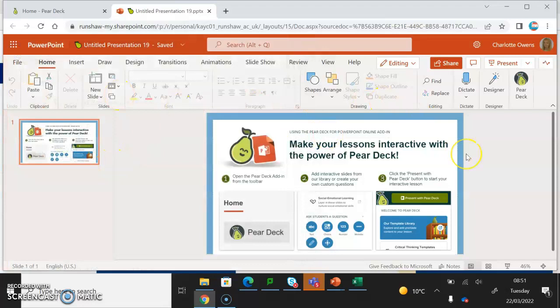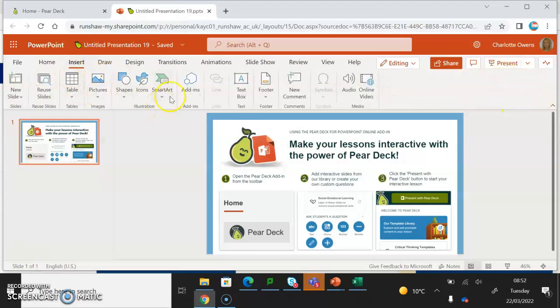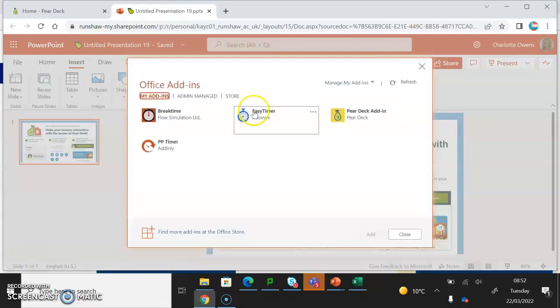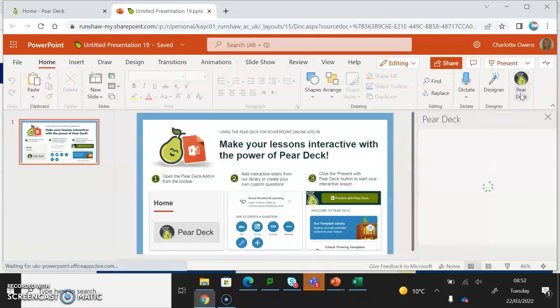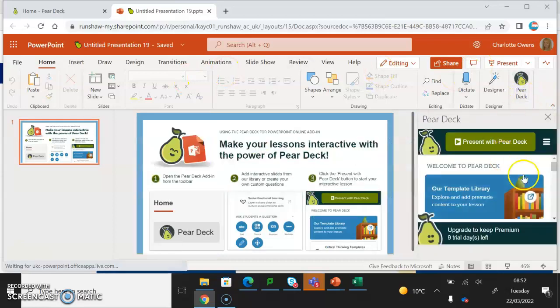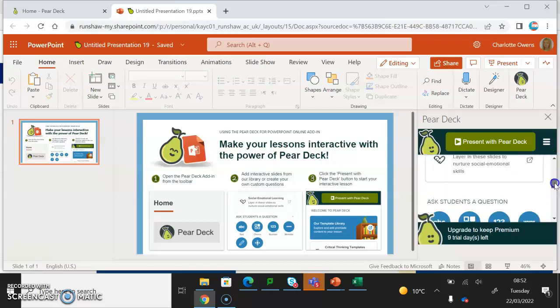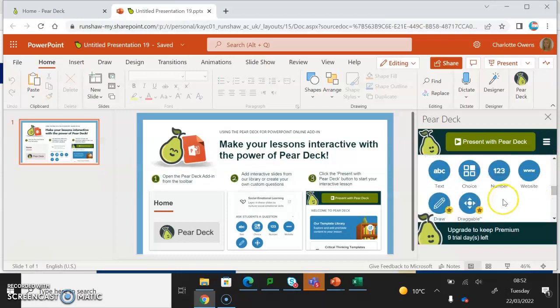Now all you have to do to be able to use this is open up the Pear Deck add-in. You can see that I've got this in the corner of my screen. All I would do to add that in is click on insert, click on add-ins, search for it and it will come up. Then click on add and it will display, so you can see it's under the home section. Then all I need to do to get my PowerPoint ready is to click on the Pear Deck, and I want to plan that one of my slides is going to be